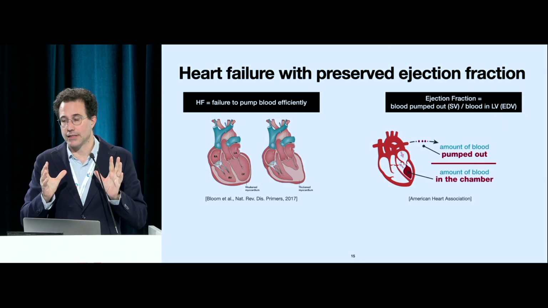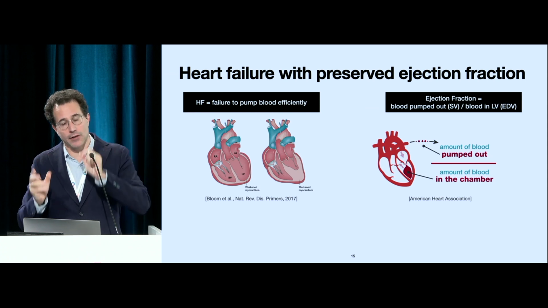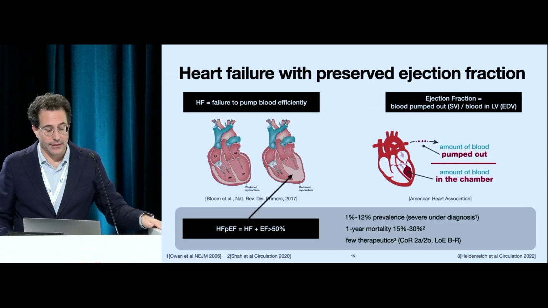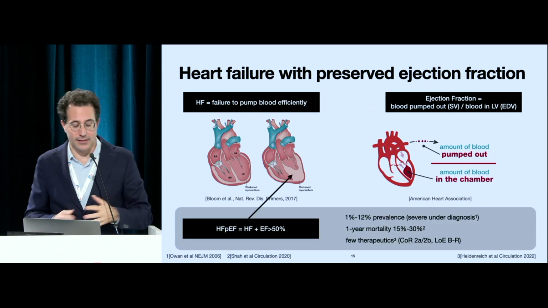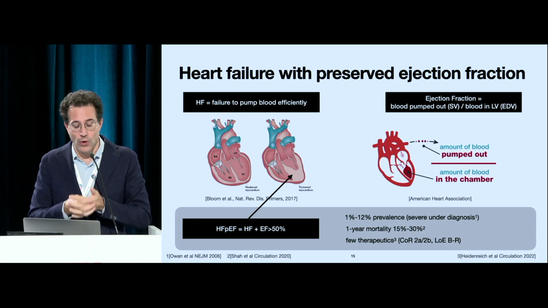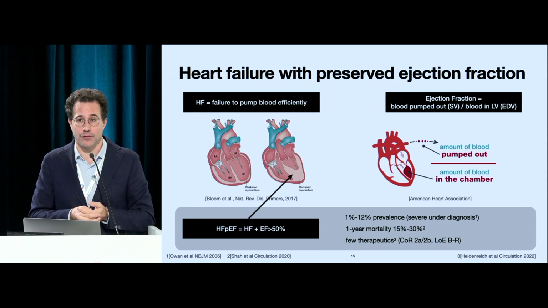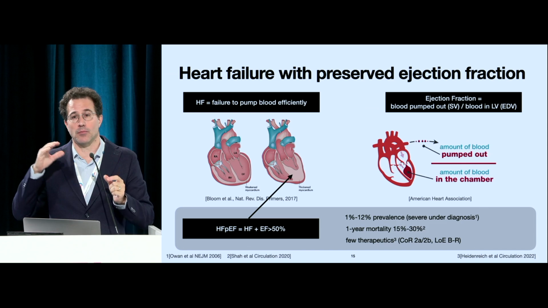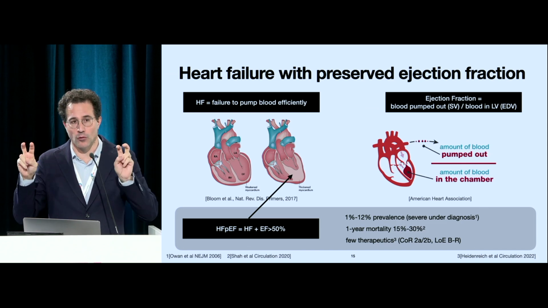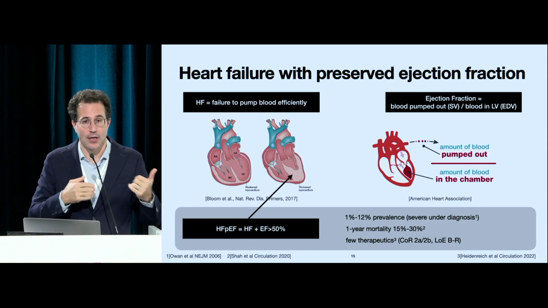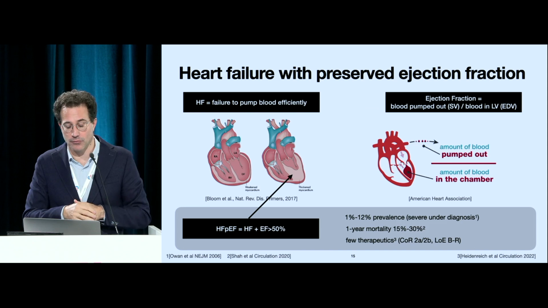So these two quantities. Now, if you combine heart failure and ejection fraction, you can get HFpEF, so very nice disease name, but it's heart failure with ejection fraction that is preserved. And that means that the ejection fraction is above 50%, right? So it's kind of in a normal range. So these people have heart failure, but they're still kind of in a normal range.